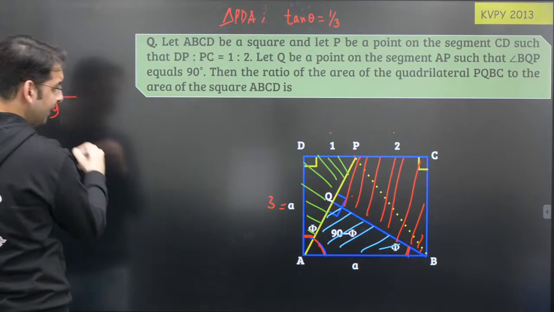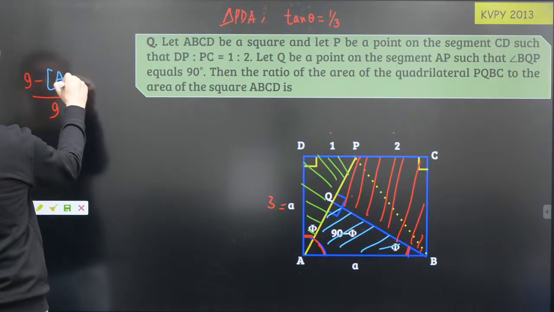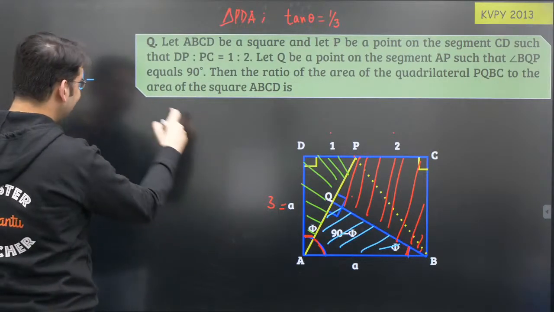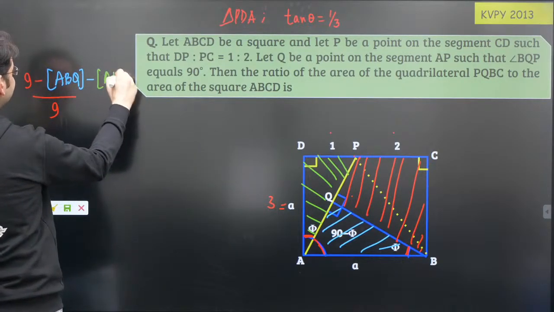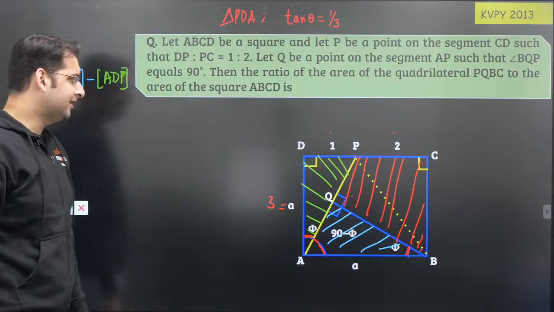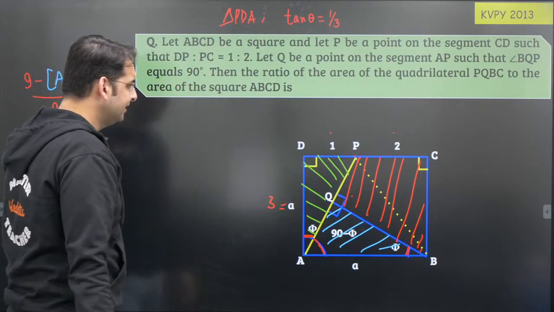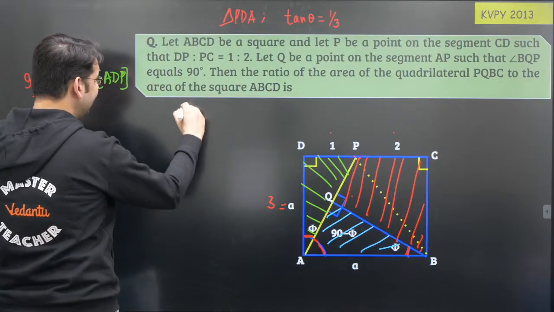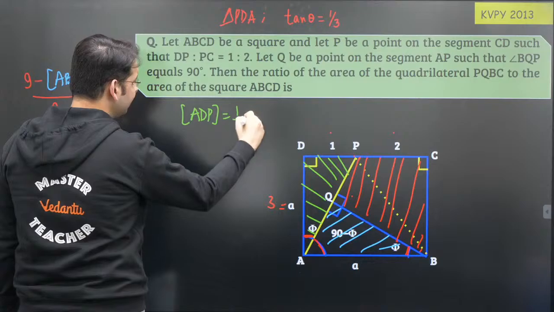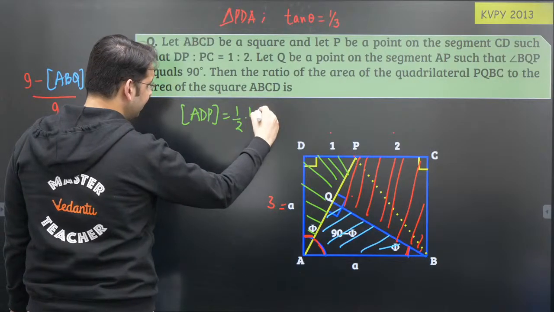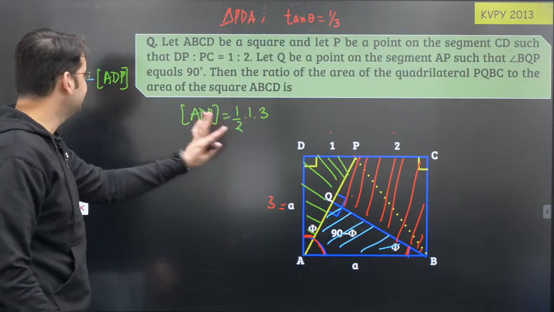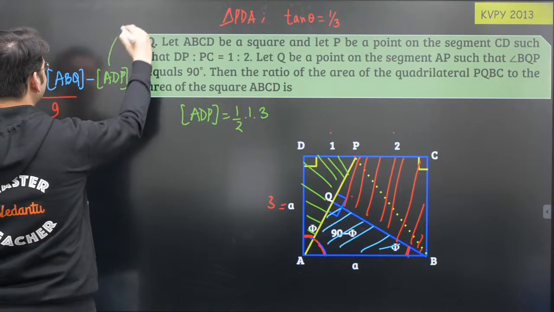minus area of triangle ABQ minus area of triangle ADP, and we are done. और tan थीटा का मेरे को वैल्यू ऑलरेडी 1/3 पता है. So बच्चों ADP, पहले तो ADP निकालते हैं जो कि आसान है. So ADP क्या हो जाएगा, half into 1 into 3, so there is no problem. तो ये वाली चीज तो 3/2 आ गई,